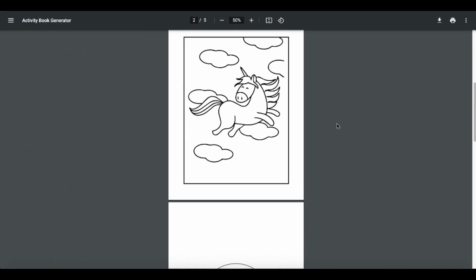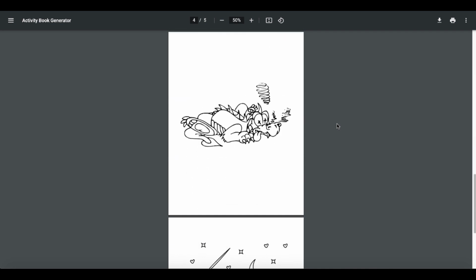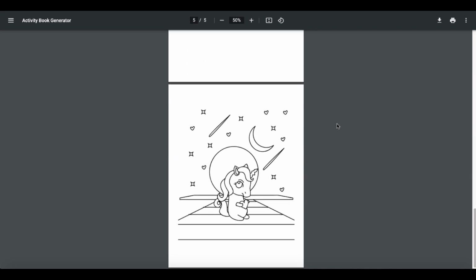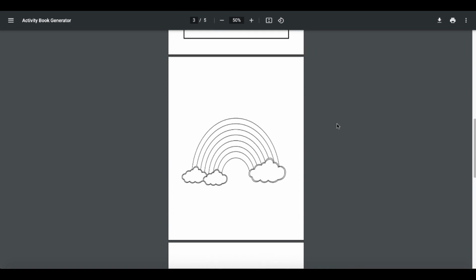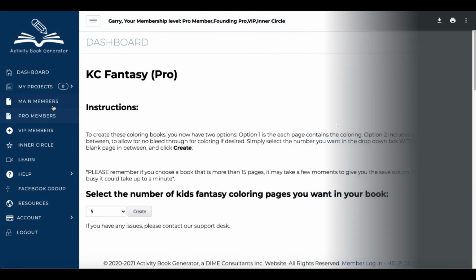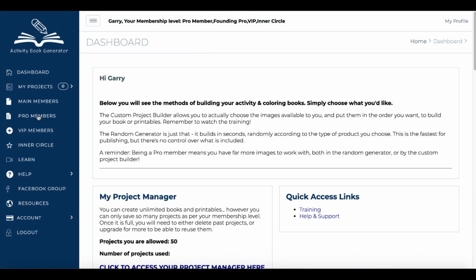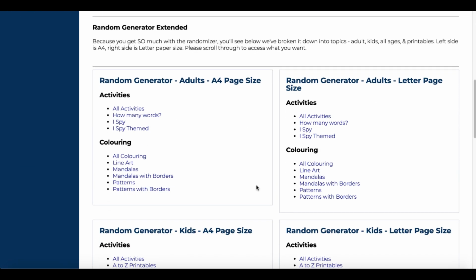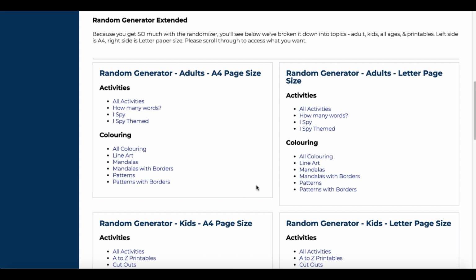drawing that you'll get. Again, remember this is random, so these are random images, but it is an example or a sample of the type of images you'll get and have access to include in your book. And of course, you can do the things like I showed you in the other video where you can take these into Canva and edit the images, and those are all the images that you get here under the Pro members. I'll show it to you again just so you have an exact idea of what you're